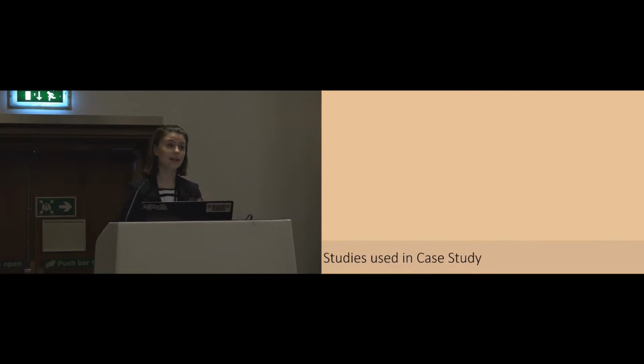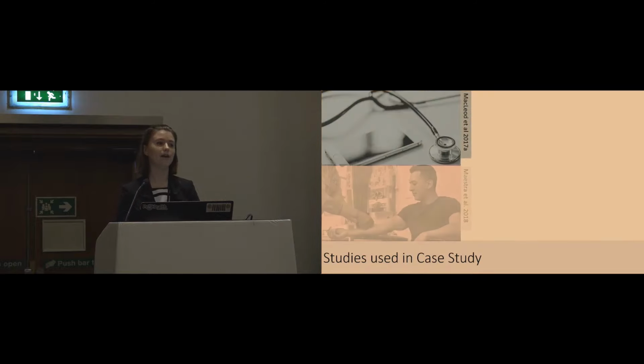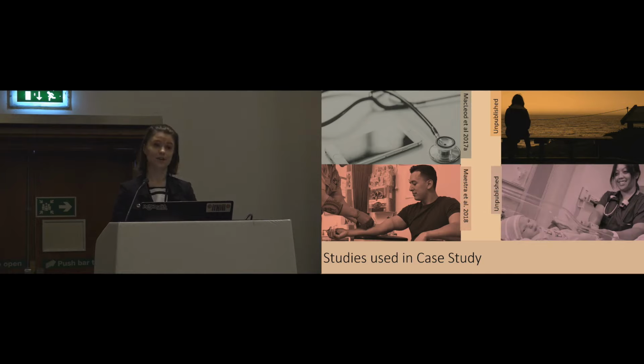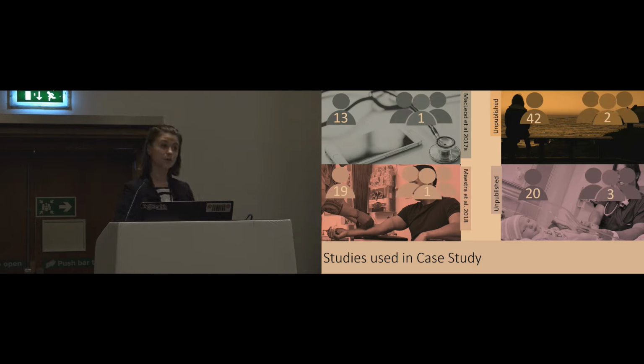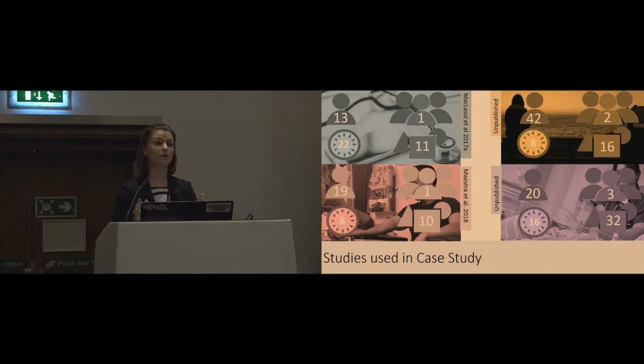So the studies we look at in this paper fall into 4 different groups. We have rare disease, HIV, a miscarriage support study, as well as a pregnancy and new motherhood study. Now, all these studies range in the number of participants from 13 to 42. We had different numbers of dividing into groups between 1 and 3. We also had different lengths of the studies. Some of them only lasted 8 weeks, while some of them were 22 weeks. And lastly, they all had different amounts of activities done in those amounts of time. So some of them only had 10 activities, while others had 32. And of the studies, 3 of the 4 also included international participants, because again, for that asynchronous, we're able to communicate when it best works for the participants.